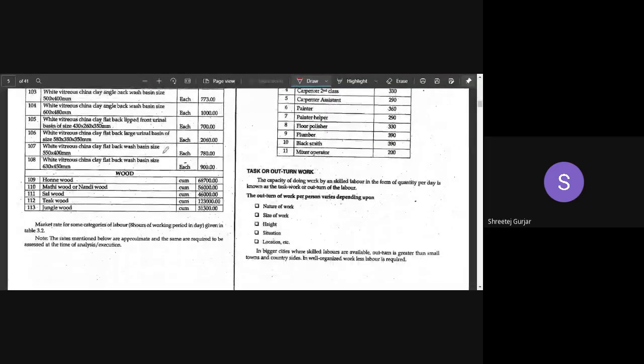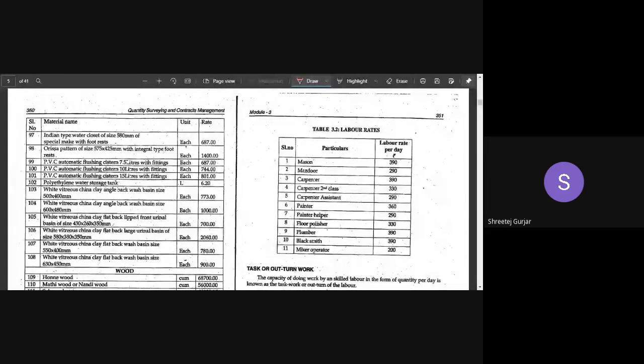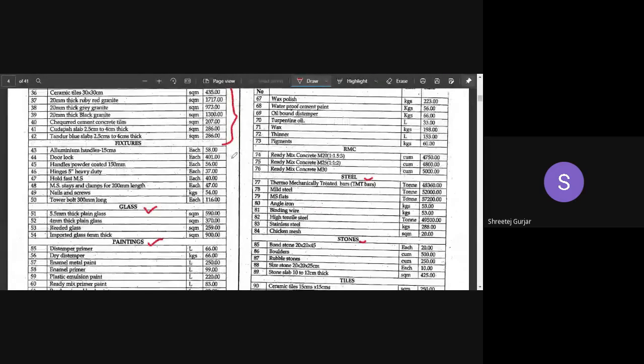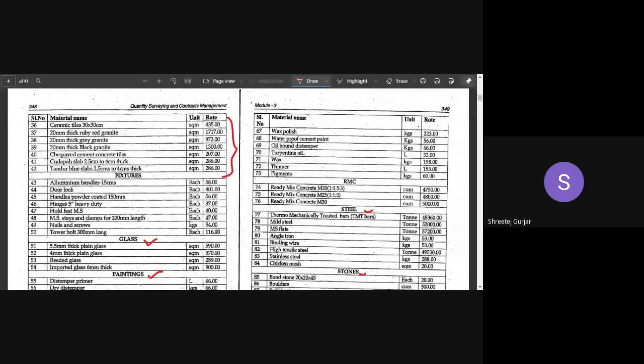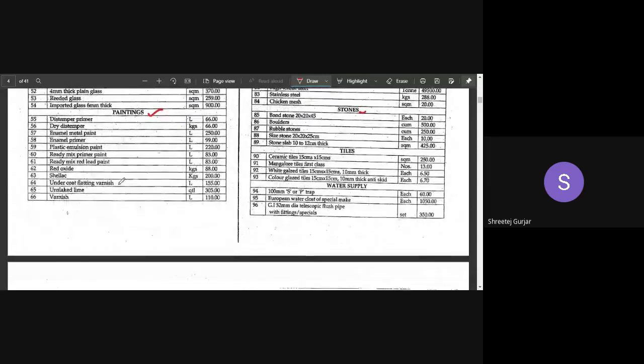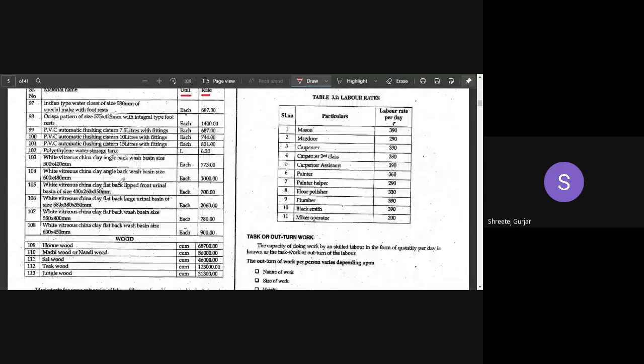The thing is, you have to remember the unit and the rates not for all the items, but for all very important items which you will be learning. Regarding your aggregates, cement, then ready mix concrete, steel, some are very important. No need to learn all these things by heart. By practice, you will learn the rates. If you practice more, these rates will be stored in your head.